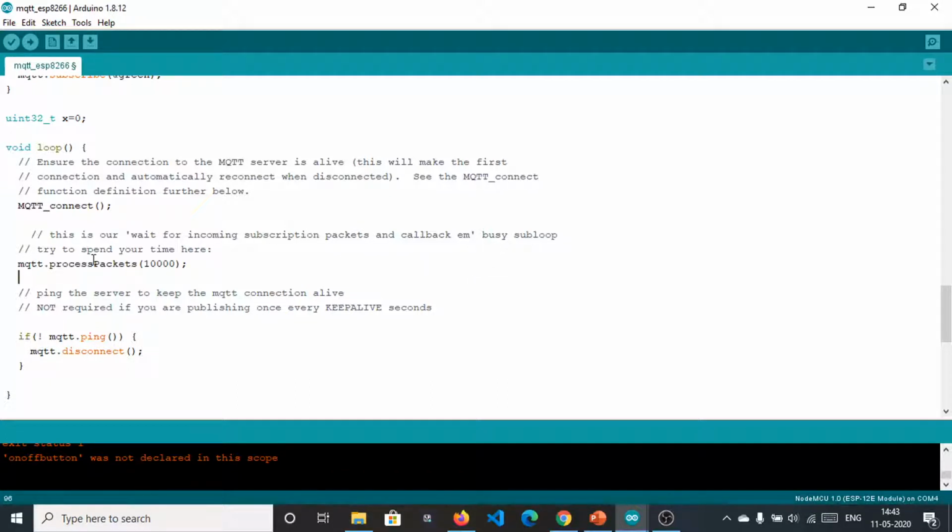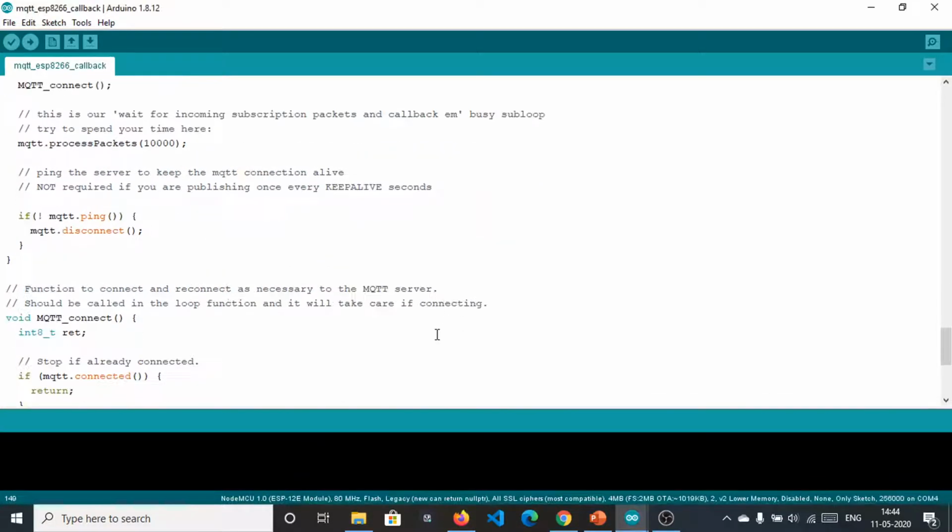Busy sub-loops, try to spend your time here. Basically, this will print the missing packets on the serial monitor. If any packet is missed, it will print that on the serial monitor. This is internal functionality of Adafruit, specifically not related to MQTT subscriptions, because in general libraries these types of functions are not used.